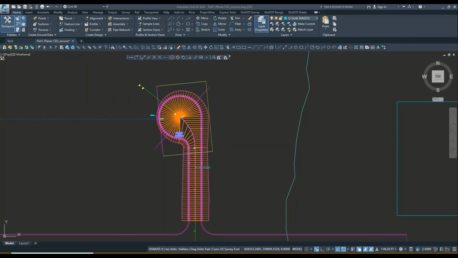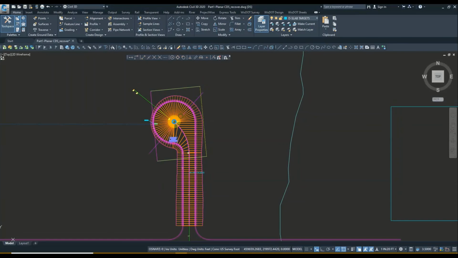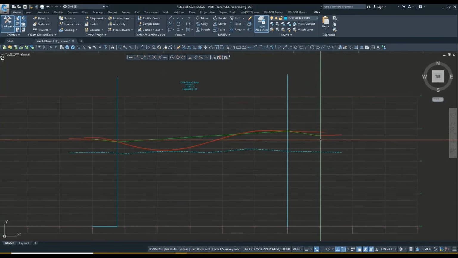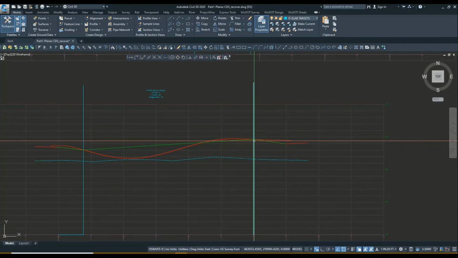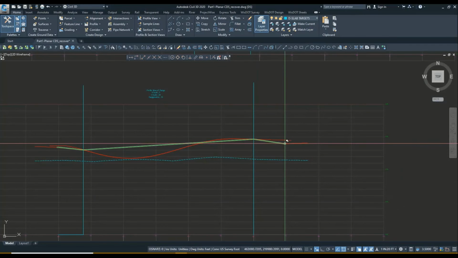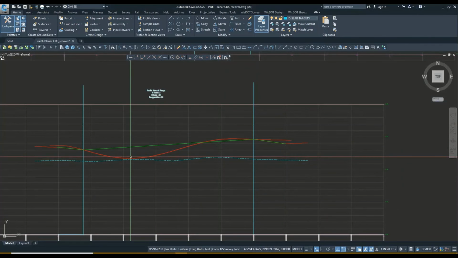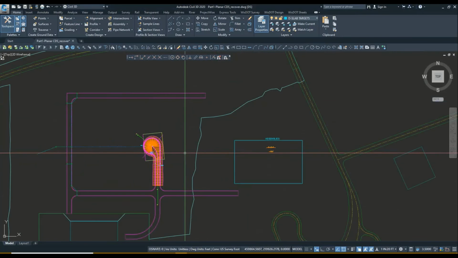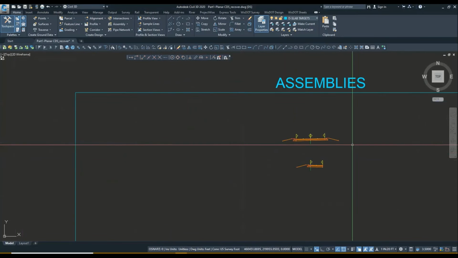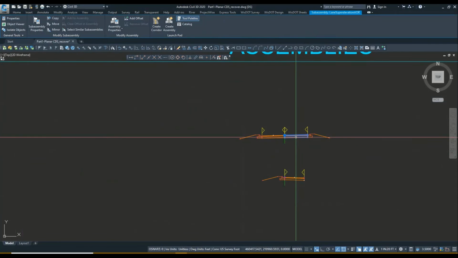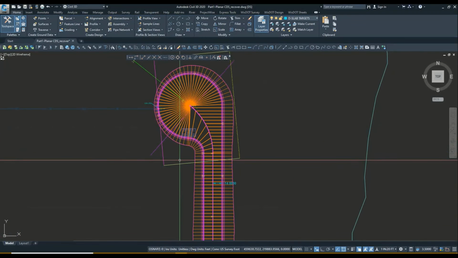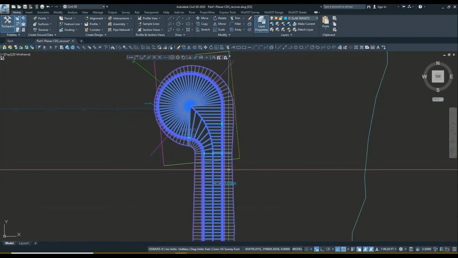Okay, so picking up where we left off, we'll be adding a crown to this cul-de-sac, and once again the reason is because when we looked at the transition, we could see that there was a low point being created before the inlet that we're trying to target, which is somewhere over here. So what I'll do now is, if we're going to add a crown, might as well crown the throat of the cul-de-sac. So we'll add the crown back, and if I redo the corridor,